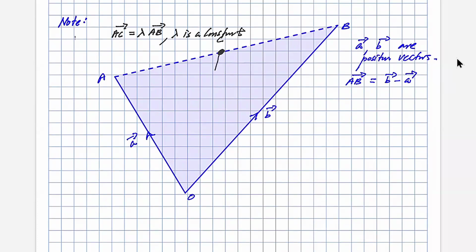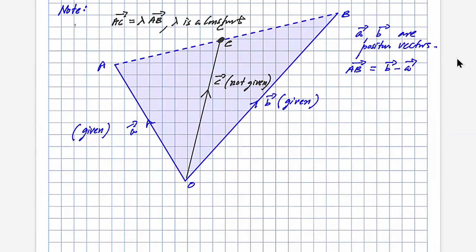Think about this vector over here. These are given vectors, okay? These are given. And this one also given. Those are given vectors. I'm going to take this to be C vector. So this is C point, okay? C vector. This is not given. Now, if C vector is not given, you have to find the C vector in terms of the known stuff, right? So what I'm going to do, using vector addition,